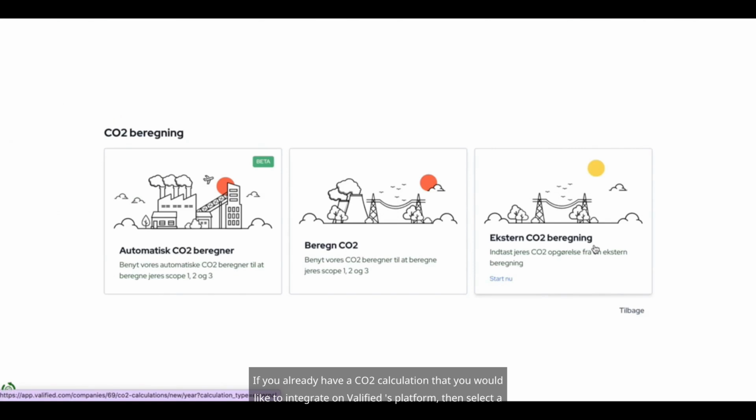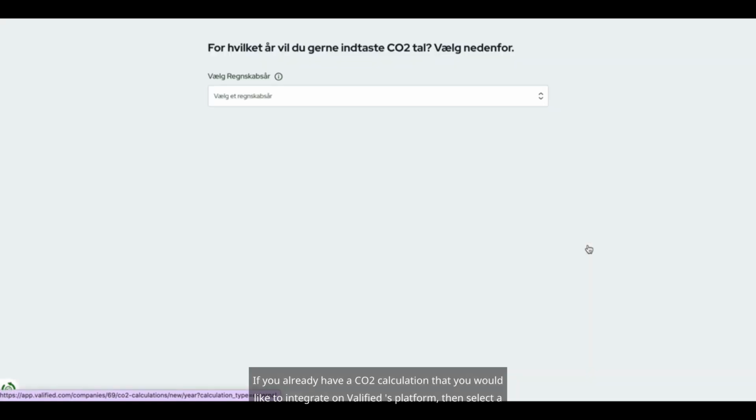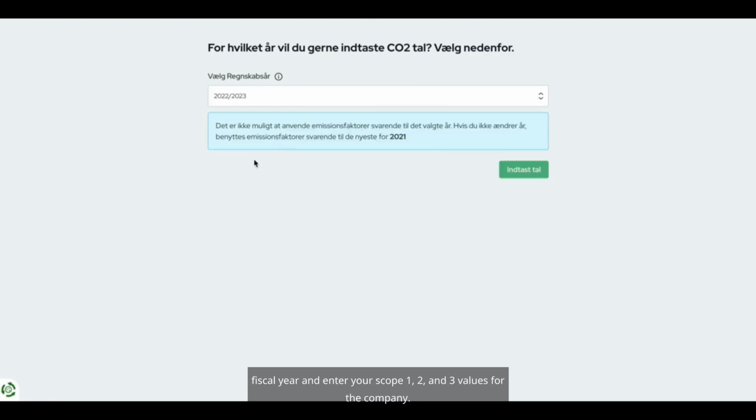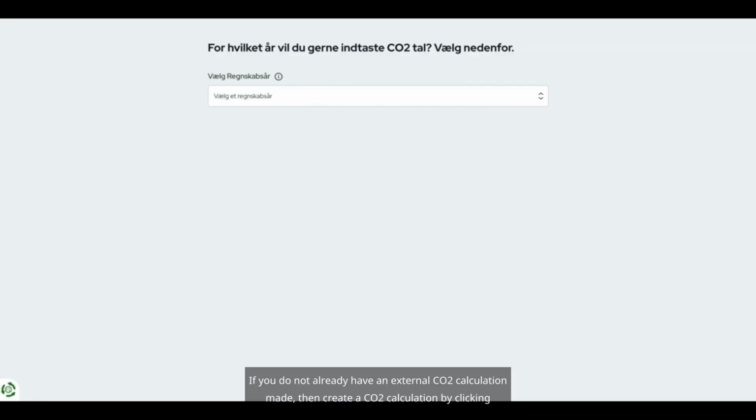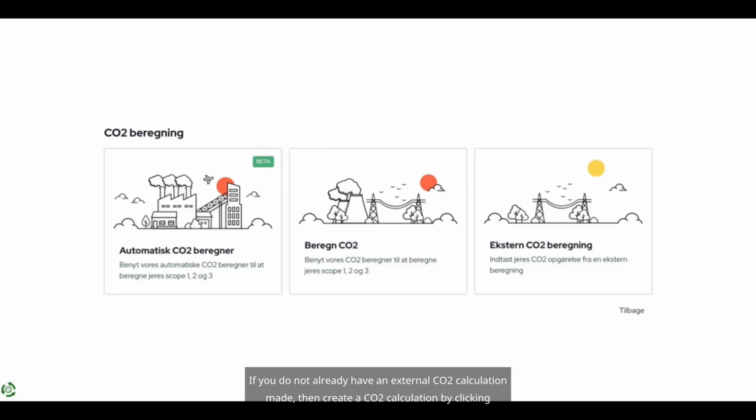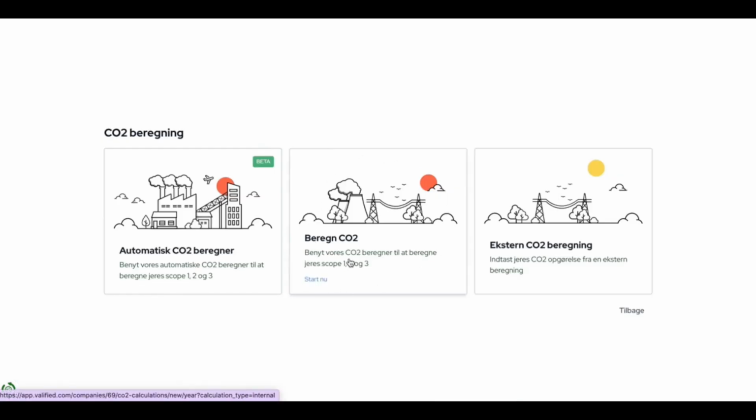If you already have a CO2 calculation that you would like to integrate on Valified's platform, then select a fiscal year and enter your scope 1, 2, and 3 values for the company. If you do not already have an external CO2 calculation made, then create a CO2 calculation by clicking Calculate CO2 here. The calculation of your CO2 emissions complies with current standards and includes both your scope 1, 2, and 3